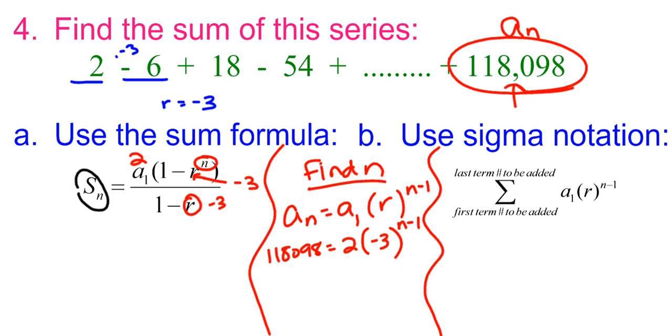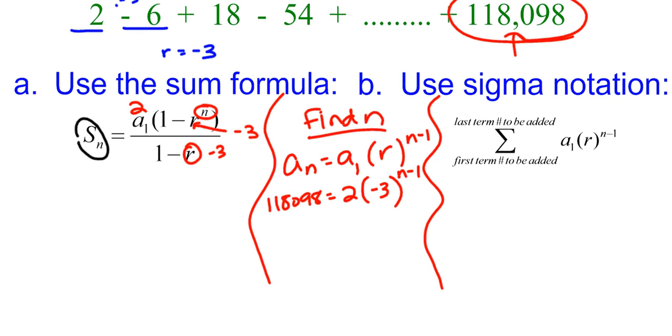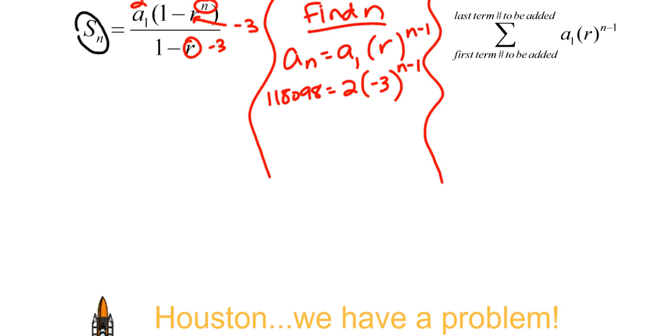So now to solve this for N, notice that N is in the exponent. When N is in the exponent, I'm thinking I might have to use logs, right? Maybe, I don't know. When I have variables in an exponent, that's normally when we use logs. So here, I'm going to get this by itself, so I'm going to divide both sides by 2 to get that -3 to the N minus 1 by itself. So 118,098 divided by 2 is